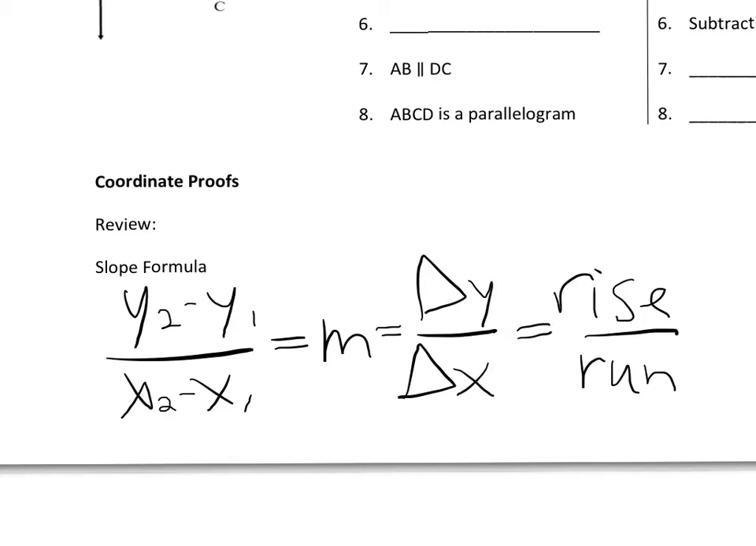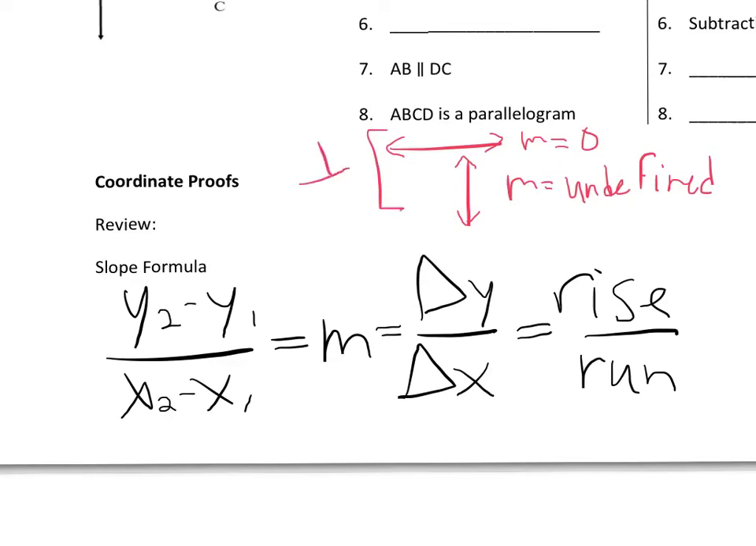And we remember, quick side note, that if we have a horizontal line, m equals 0, there's no rise, so it's 0 over whatever the run is. We know a vertical line, m is undefined. We also know that those two lines are always going to be perpendicular. If one's m equals 0 and one is m equals undefined,